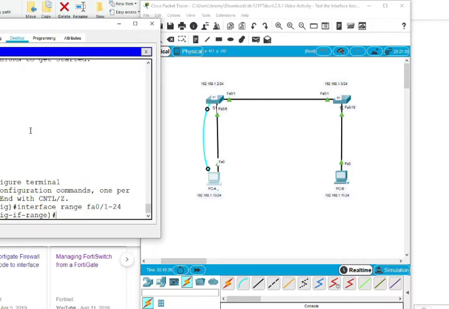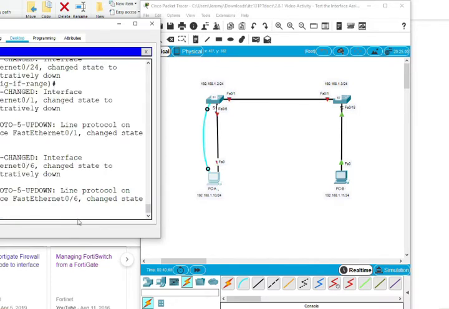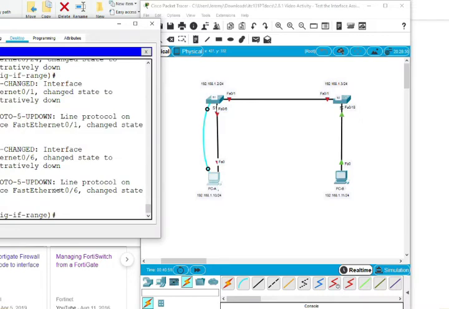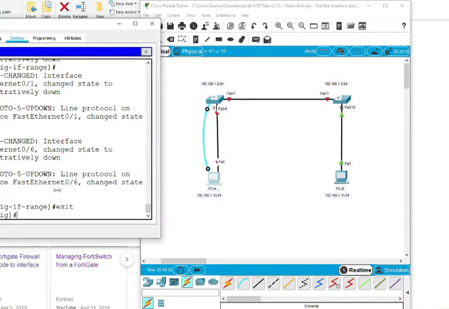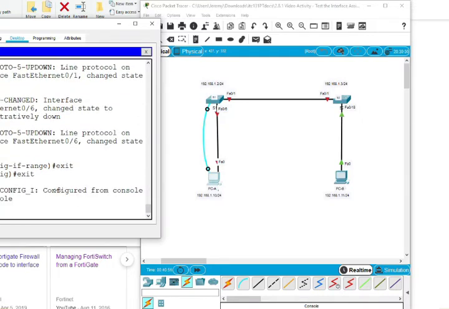Press enter, and now I'm connected to all 24 ports, and I can make a configuration change. One of the things we do is go in here and type shutdown. What happens is all of those interfaces go offline. If I exit back, it's like nothing is connected to the switch. This entire network, as far as this switch is concerned, is offline. Show interface